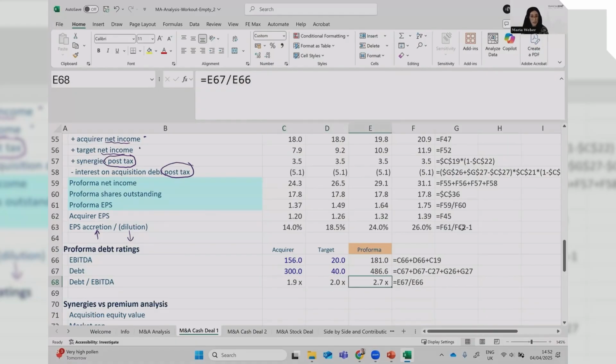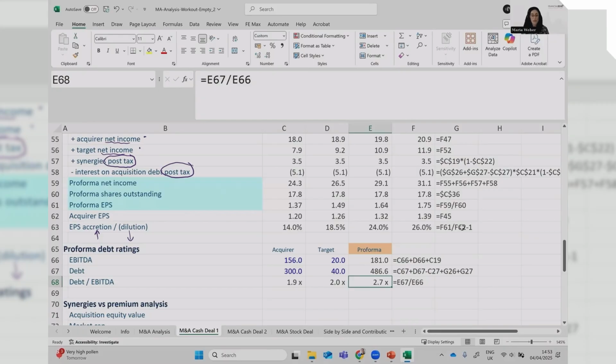This is quite a big increase, right? They're going up almost by 1, to 2.7 times. Would that lead to a drop in their credit rating? And if so, would it go below investment grade? Because if it goes below investment grade, which is BBB, you see quite a sharp increase in your borrowing costs